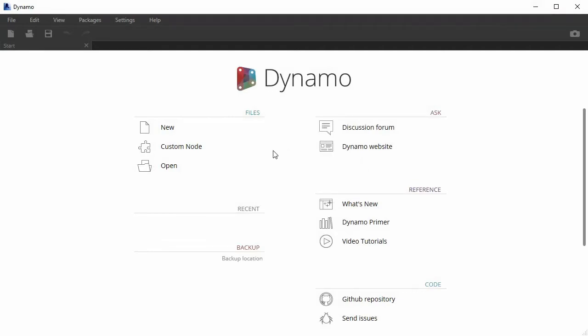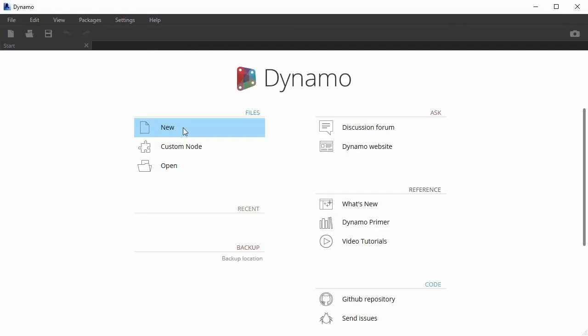Because I reinstalled it fresh from scratch for the purpose of this demonstration, I don't have anything in my recent folder over here, but this will be a list of a couple of recent files that we've been working on, as well as backup files for them. The thing about backup files is, as far as I'm aware, I might be wrong about this, but I think you have to be conscious of the fact that it only backs up files after you save. So when we start a new session and we just keep working on it without saving it, it's not actually being backed up, so keep that in mind. And then once we're here, there's a couple of standard buttons, a new button that will start a new definition.